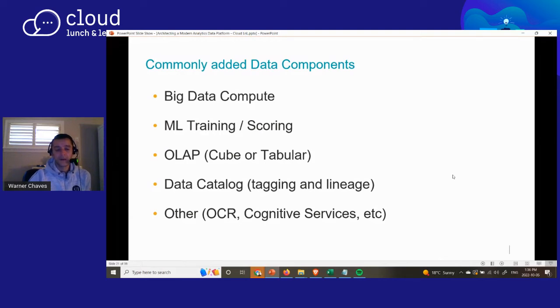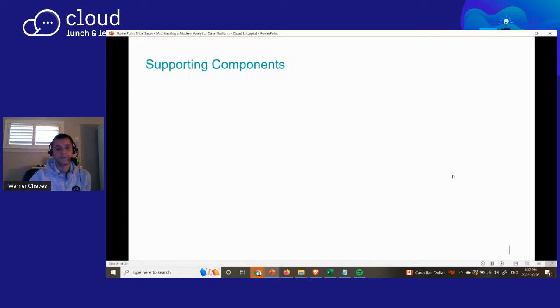For example, if you have images as part of your analytics, you could do OCR on text. Microsoft has this thing called the Cognitive Services. Again, AWS and Google have similar stuff where you can do image recognition. If you're storing images, you can do things against sound files, against video files. You can do text analysis, etc., etc. And this is the part where I said